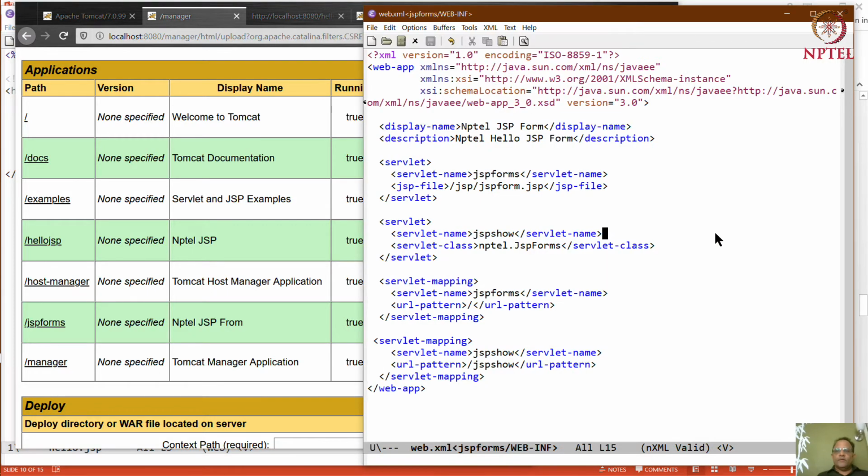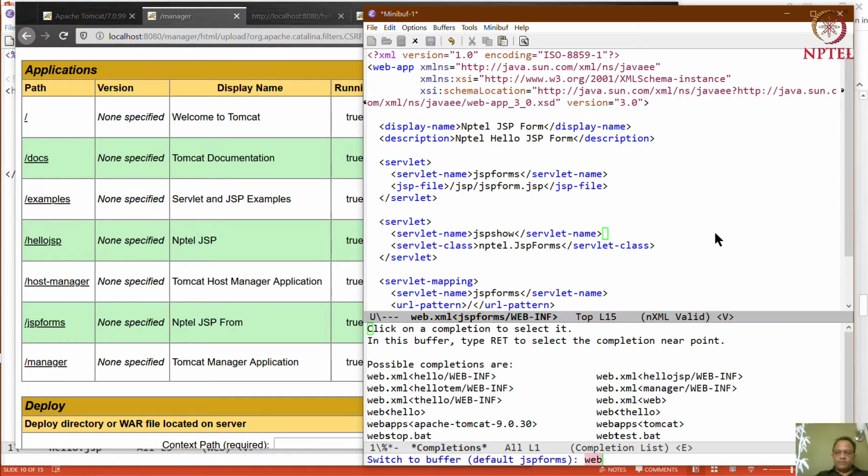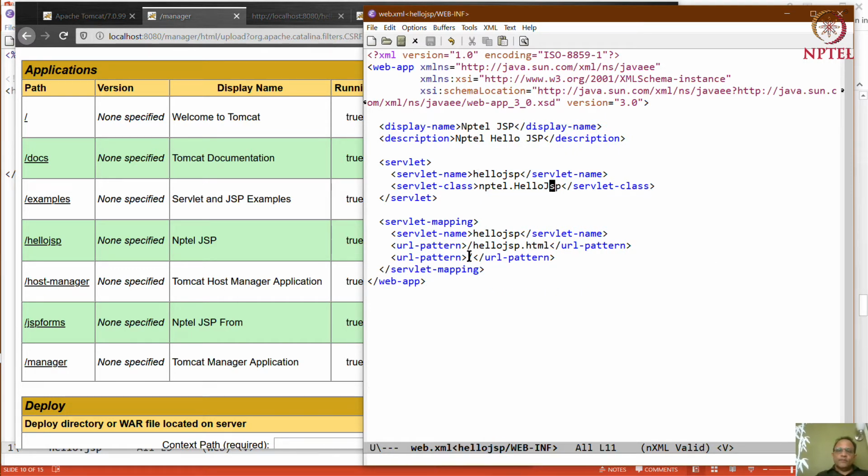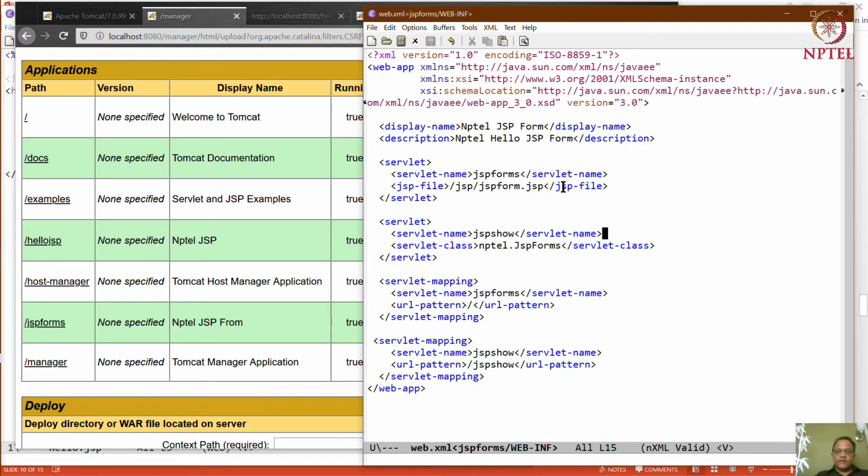So far, for example, in this web.xml of hello JSP, this URL pattern, the first one you visit, corresponds to this servlet, which corresponds to this servlet class. So far we have directly contacted servlet classes. This time we are going to instead contact a JSP file, which is the first thing we will do.